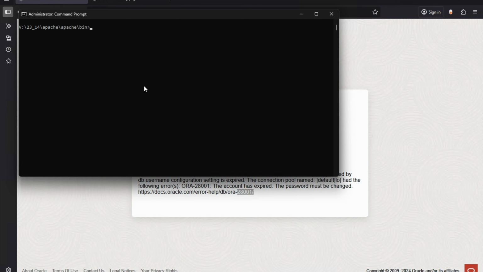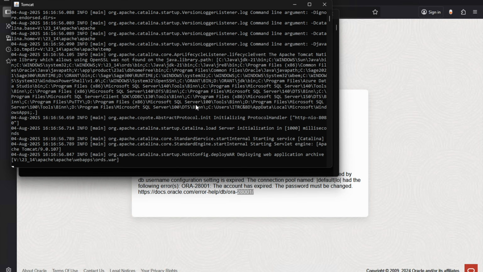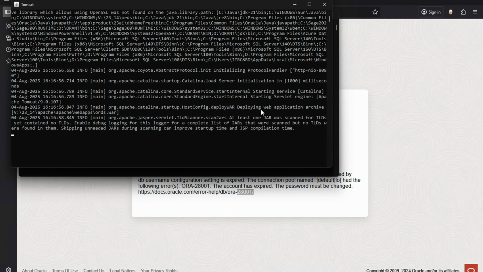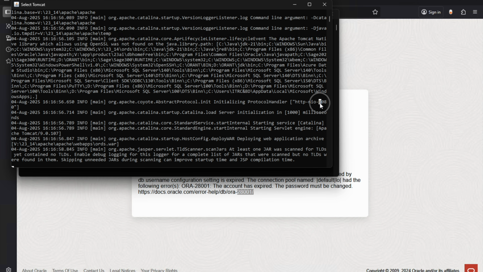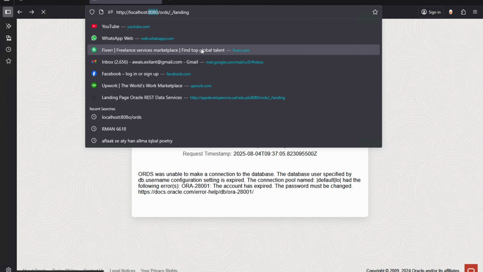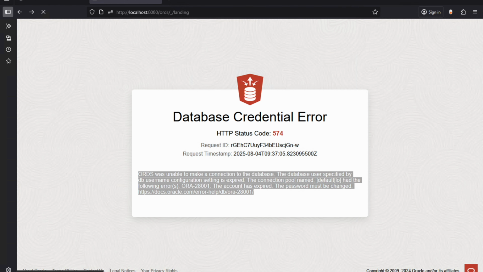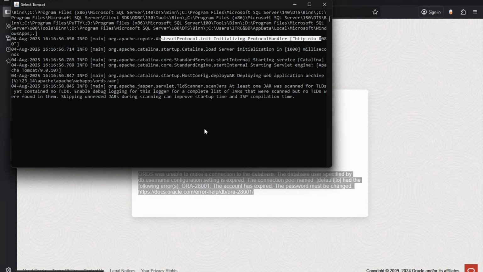If I run the same on my Tomcat server with the startup.bat, you can see here my ORDS is deployed on port 8080. You can see on my Tomcat at port 8080, it's again giving the same error. And for my Tomcat,